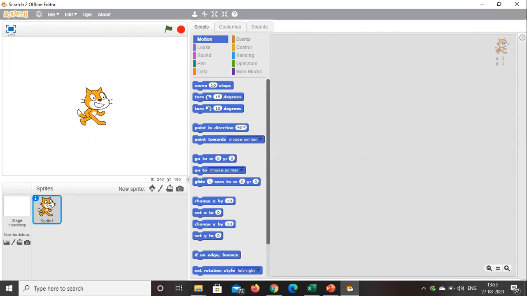the entire operation of this particular Scratch window. So today's class is the introduction class. I hope you all understood today's class. So I hope you will be eagerly waiting for the next class to see the entire Scratch window and how it is working. So we'll meet you in the next class children.